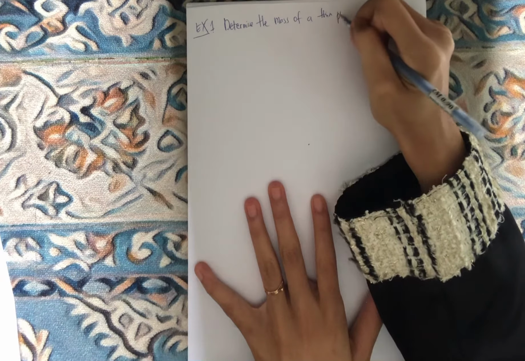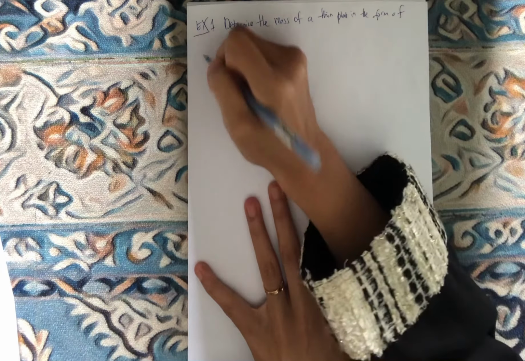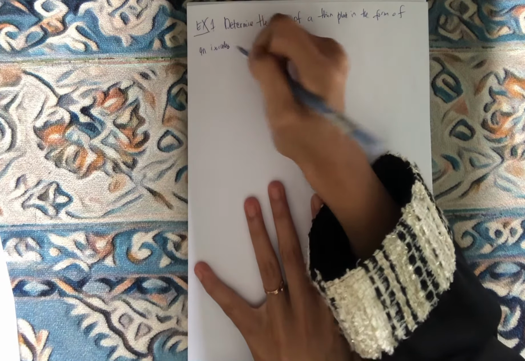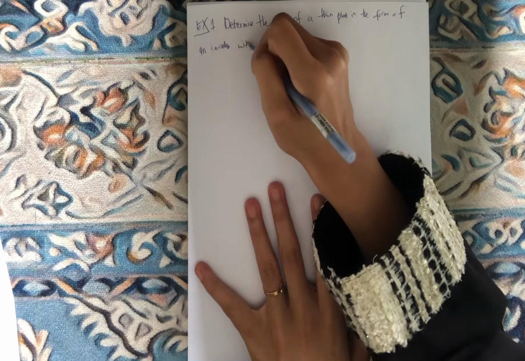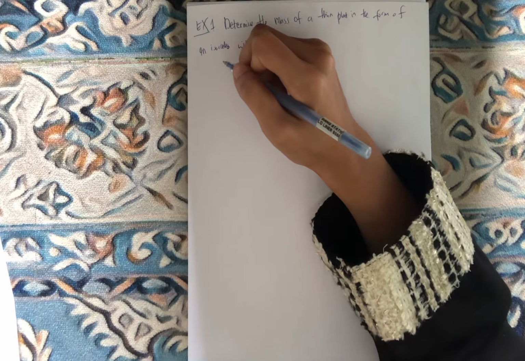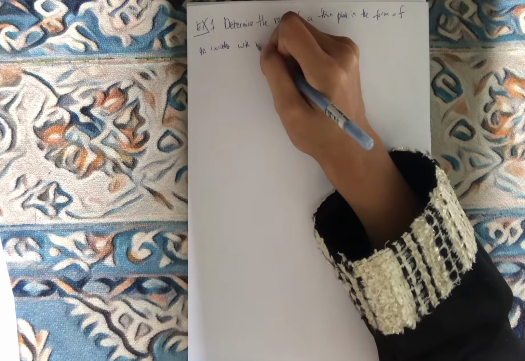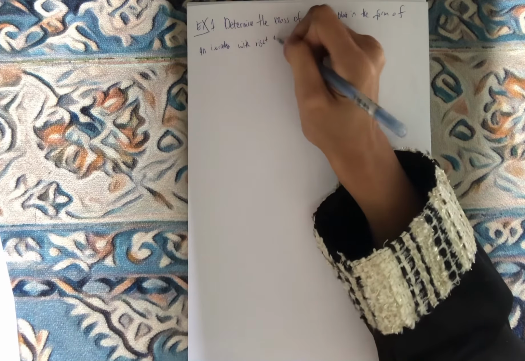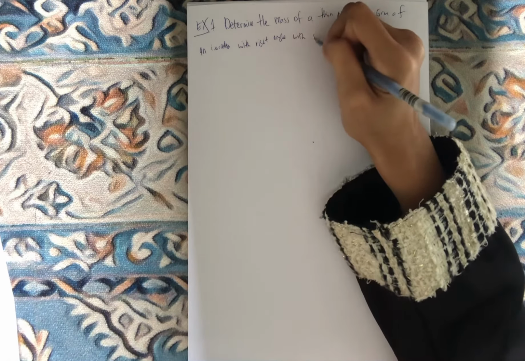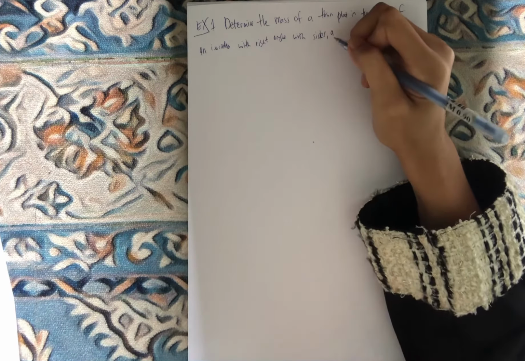Okay, a thin plate in the form of an isosceles triangle, with, okay, isosceles means a triangle with the same length on both sides, segitiga sama sisi, with the right angle, with both sides A meaning the length,